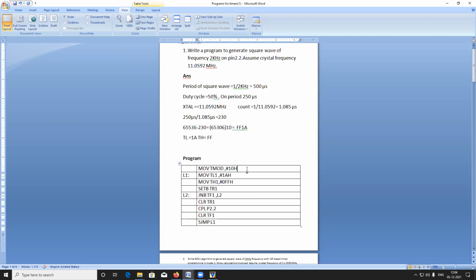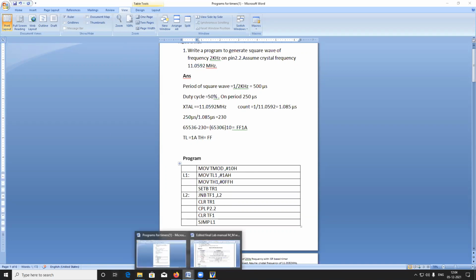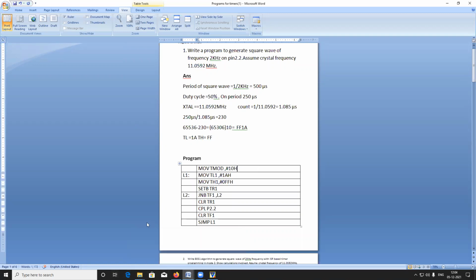In this 8-bit register, first is the enable, then next is the software or hardware control. By using TMOD, we have to use 0001. First is counter or timer, C slash T, then mode bits, M0 is one. The last one is the enable for timer 1. So for the first 4 bits we get 10.